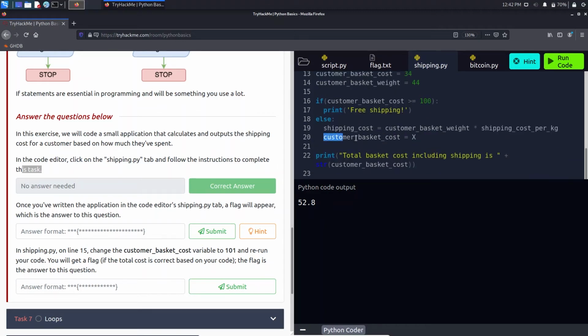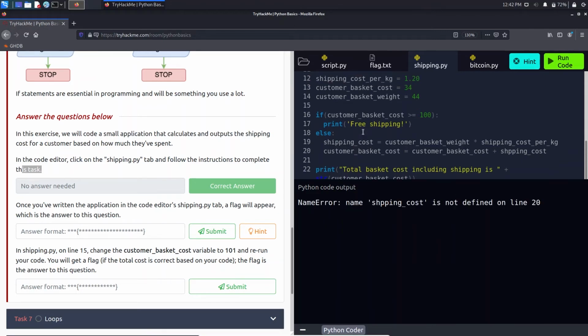Here it becomes customer basket cost plus the shipping cost. Let's just save that, gives our flag. Name shipping cost is not defined here.